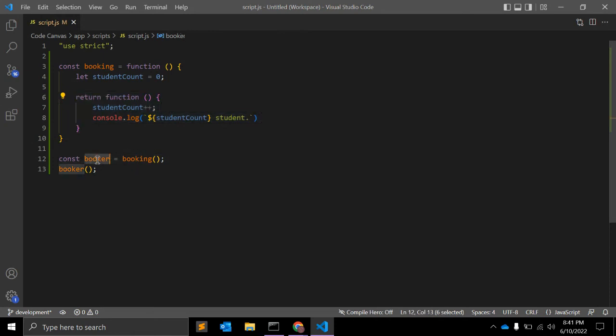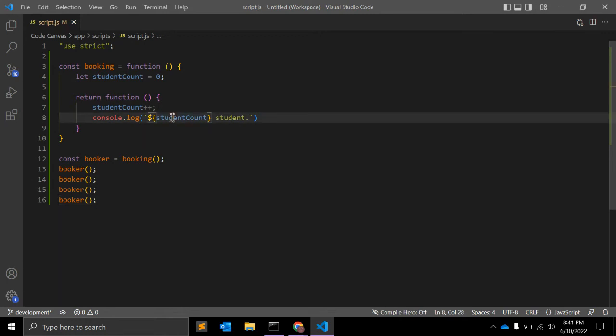When you create a constant named booker, it calls the booking function in the global context, because booker is in the global context. So the booking function returns and stores the result in booker, and when you call booker, it calls this inner function. So if I call this booker function 4 times, let's say,